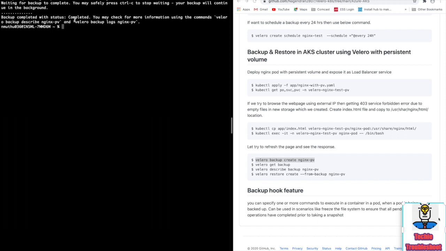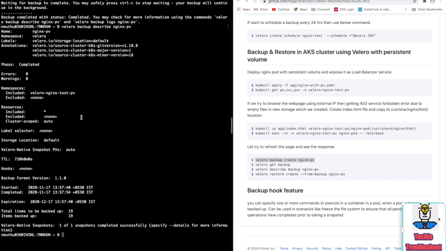So it's completed. So we are going to verify now. The snapshot also completed, the phase is completed, and here is the namespace we mentioned.